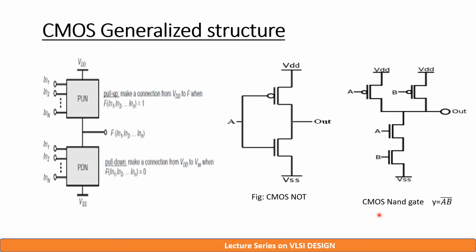Similarly, if you try to construct a CMOS circuit for 2-input NAND gate, the NAND expression is Y equals to A dot B whole bar. So dot product, hence the transistors will be connected in series. Since it is 2 input, we'll need 2 pull down devices, that is 2 NMOS, and 2 devices for pull up, that is 2 PMOSs. Since we have a complement on the expression, both NMOSs will be connected in series because of dot product, and PMOS circuit is a dual of NMOS. Hence PMOS will be connected in parallel.